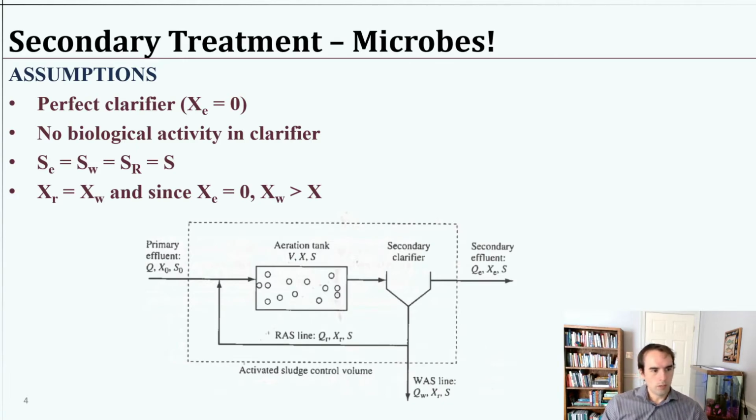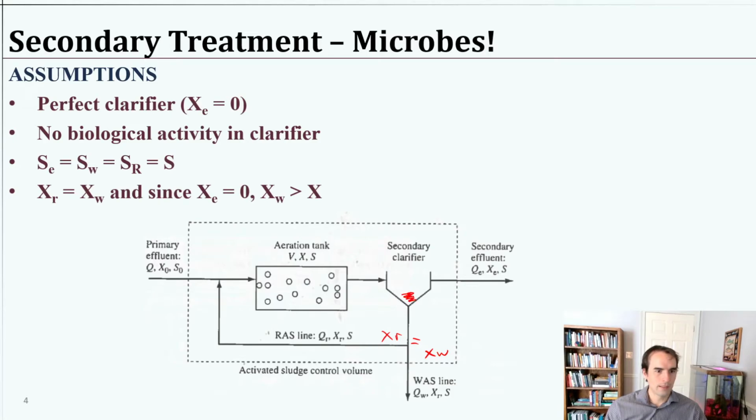Okay, the other thing we know is that XR is equal to XW, because this is just simply a pipe that splits into two ways. There's nothing that would change the concentration, right? So XR equals XW. And the other thing we know is, because XE is 0, so that's 0, because it's a perfect clarifier, then we know that the XW, this amount that's